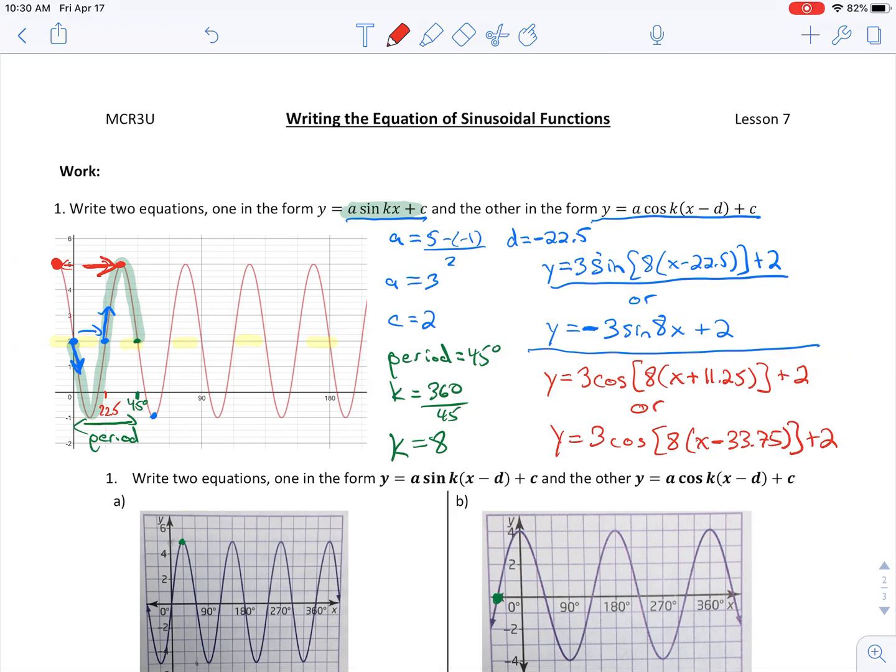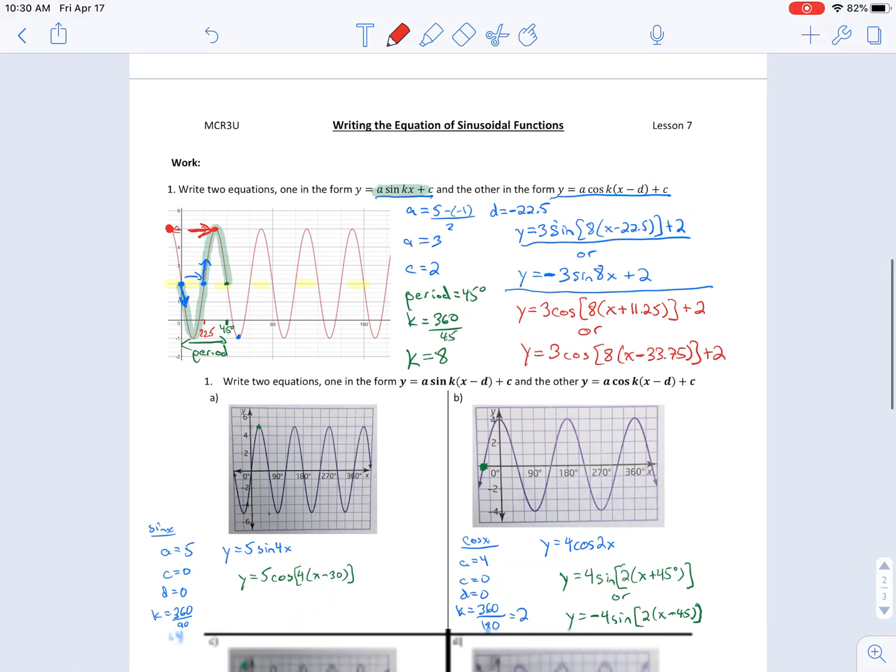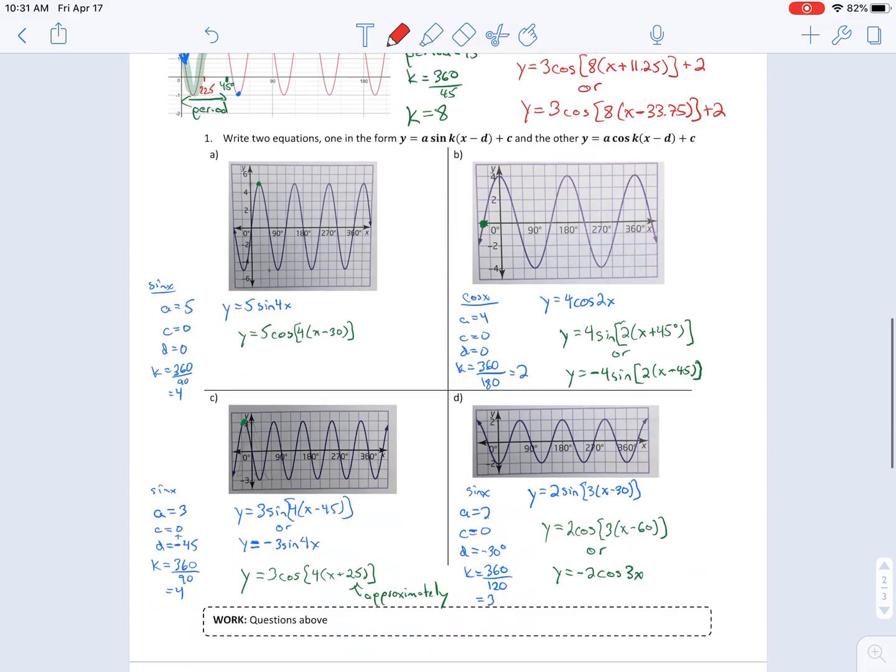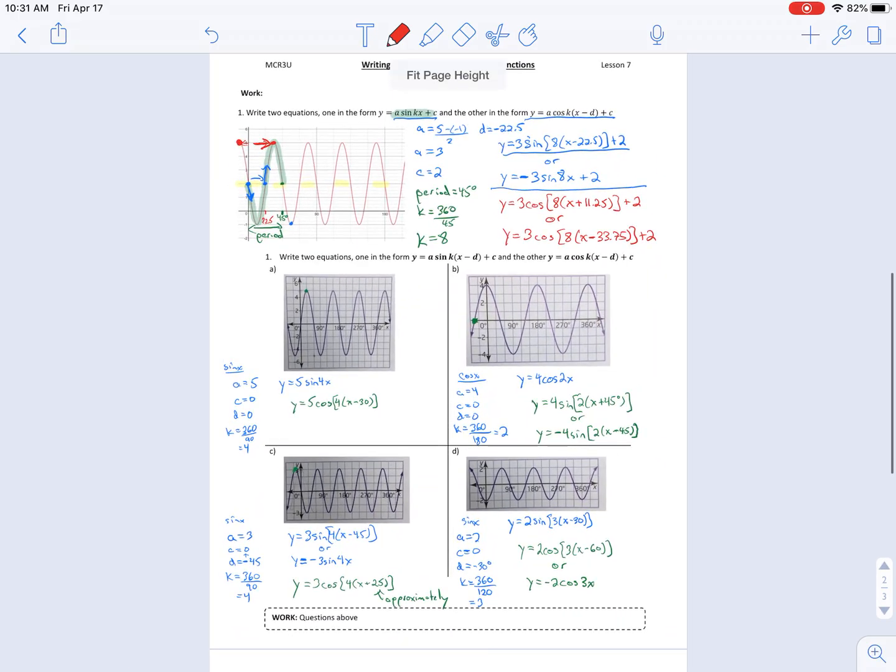So again, for me to mark these questions is sometimes tricky because you can have a whole bunch of different versions of it. But that's the idea. Hopefully that makes sense. So try out the rest if you haven't done them, and you can check